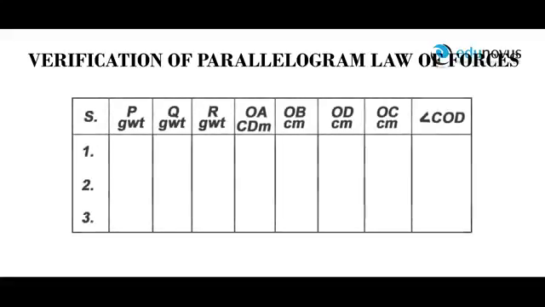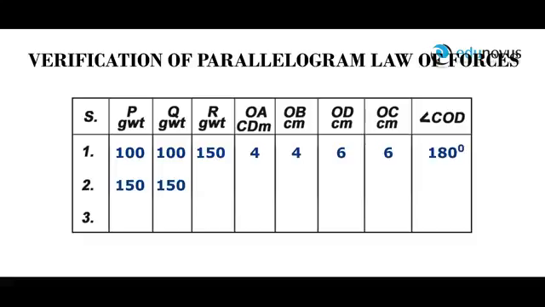Verification of parallelogram law of forces. Here, the weight of P is 100 grams, Q is 100 grams, R 150 grams, and its corresponding length OA is 4 centimeters, OB 4 centimeters, OD 6 centimeters, and OC 6 centimeters, and its angle COD is 180 degrees. Similarly, the corresponding values for 150 and 200 grams are: